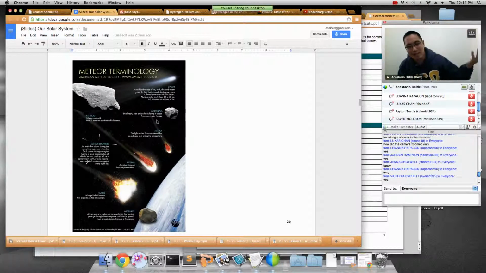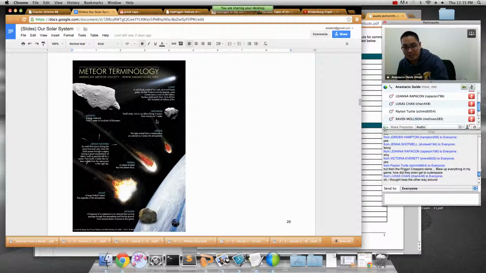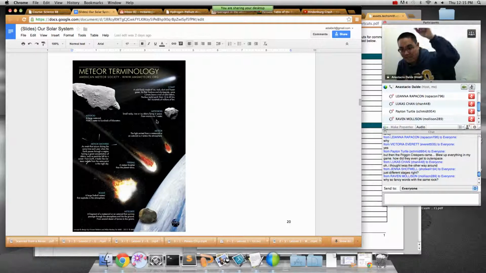So really all we're talking about is the same rock. If it's a big rock, it's an asteroid. If it's a small rock, it's a meteoroid. If it's a small rock that originally came from space but we found it on Earth, then it's a meteorite. That's it. Oh, and in between it becoming a meteoroid and a meteorite, as it's falling, we call it a